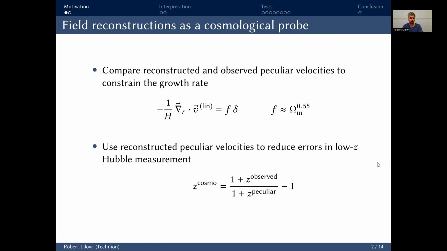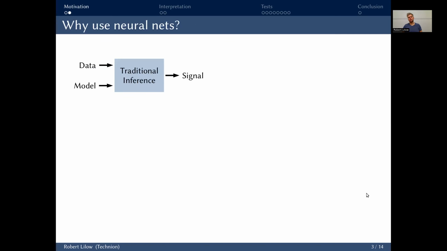Another application is in the local measurement of the Hubble constant. If you compute the Hubble constant from supernovae, you compare the supernovae distances to their redshifts. But of course, you want to compare them to the cosmological redshifts, so for nearby supernovae at low redshifts you have to take into account the peculiar velocity contribution to that. Otherwise, you will introduce statistical as well as systematic errors. The most recent analyses of SH0ES and Pantheon Plus actually take this into account and find that it makes a notable difference. All right, so now you have some ideas of why this is useful.